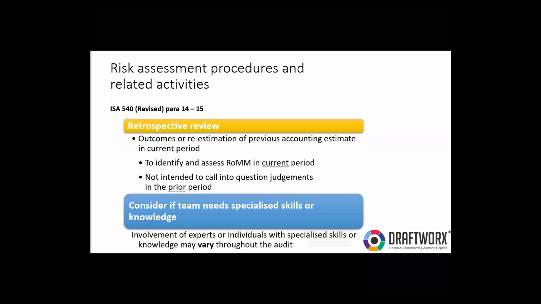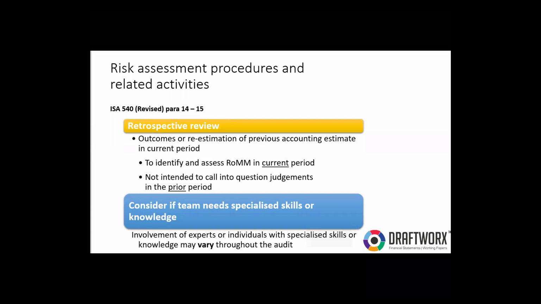The reason why you're doing this retrospective review at this point is not trying to find prior period errors. If you or the previous auditor gathered sufficient appropriate audit evidence, they followed all the steps, and at that point in time, that estimate was acceptable or reasonable in terms of the standards, then it was appropriate. The purpose is not here to call into question judgments in the prior period, unless the auditor in the previous period did not consider all the relevant facts that were available at that point in time. Yes, then it can indicate a prior period error.